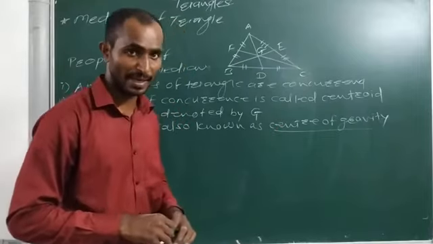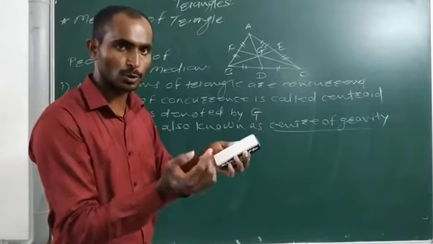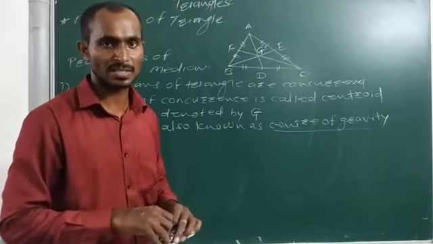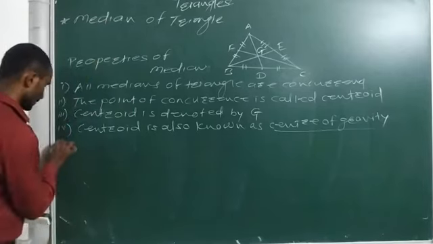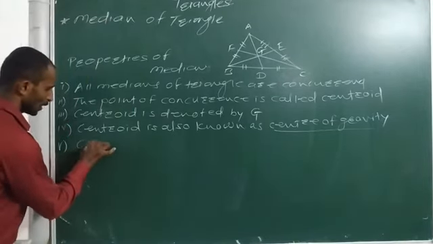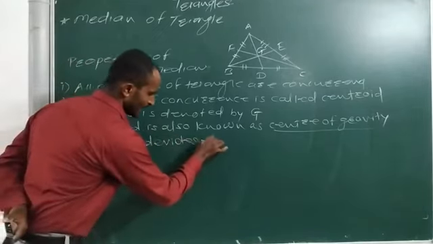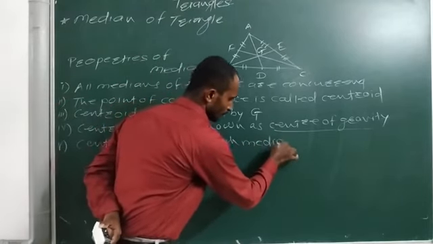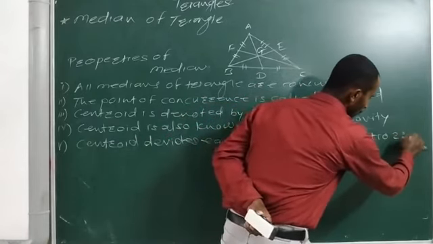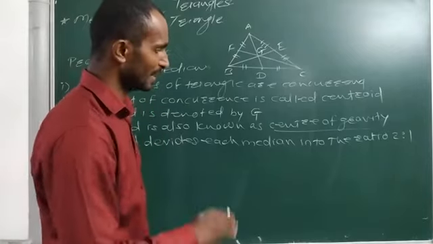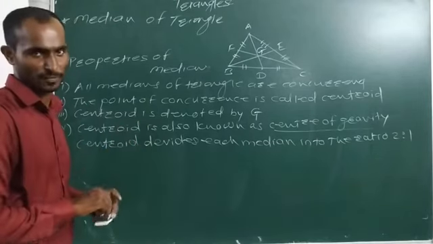सेंटर ऑफ ग्रेविटी का मतलब ये है कि अगर उसी पॉइंट पे आप किसी भी एक नुकीली चीज़ पर रख दो तो वो जो ट्रायंगुलर लैमिना है वो बैलेंस हो जाएगा. It means the balance point of the triangular lamina is called the center of gravity. And last, fifth, that is the property: the centroid divides each median into the ratio 2:1. तो सेंट्रॉइड हर मीडियन को 2:1 रेशियो में डिवाइड करता है. So these are some properties of the centroid as well as the medians of a triangle.